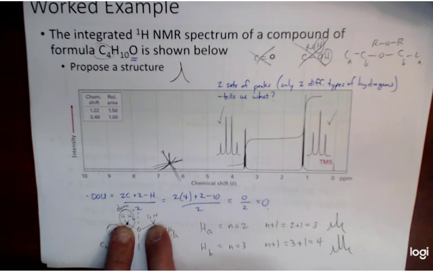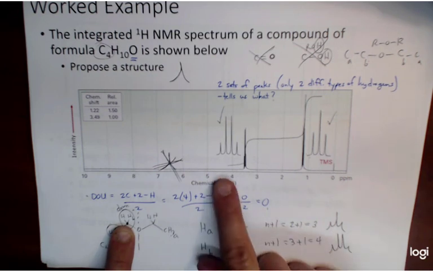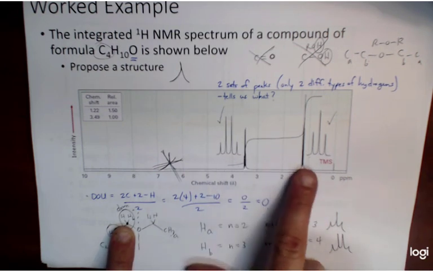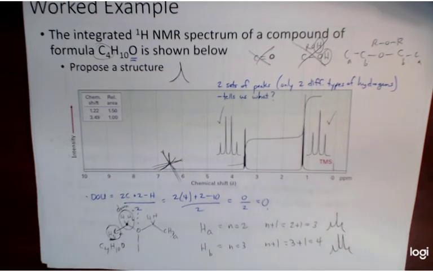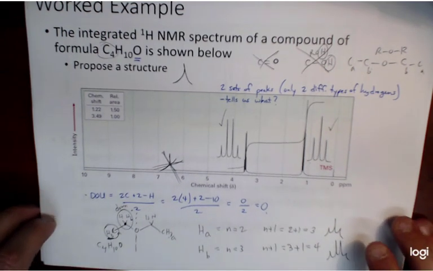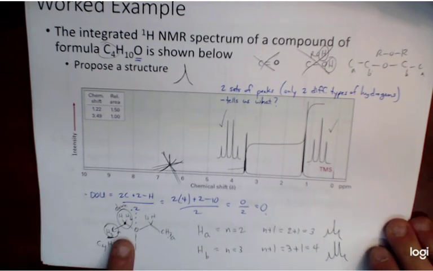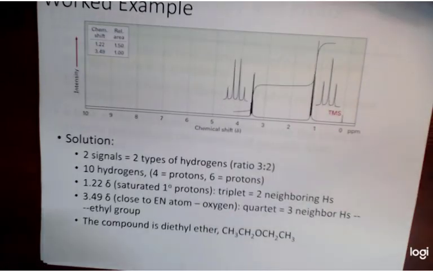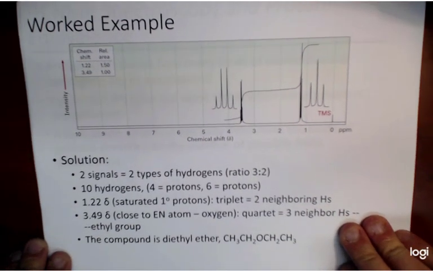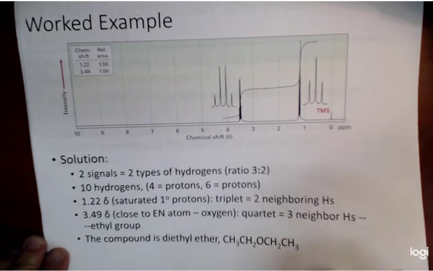And remember, these hydrogens, the B hydrogens, gave us a quartet. Our quartet is more downfield than our triplet. So everything seems to be pointing at my structure is diethyl ether. Okay, and just to see the answer, it was diethyl ether. Of course, I did have the added benefit of knowing these slides backwards and forwards, but don't try to